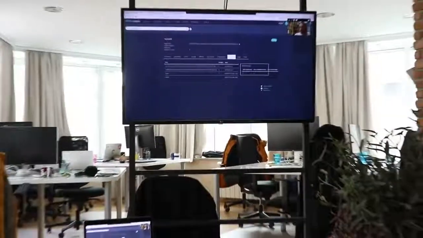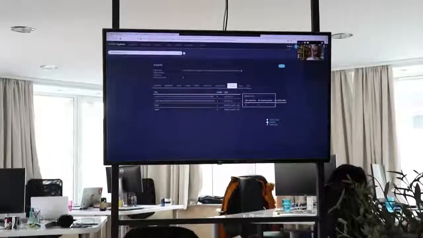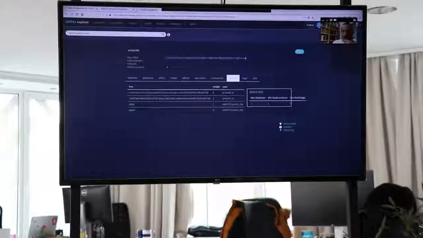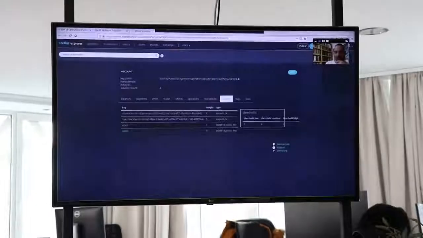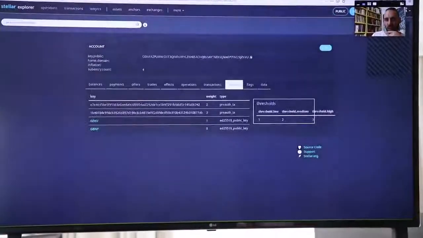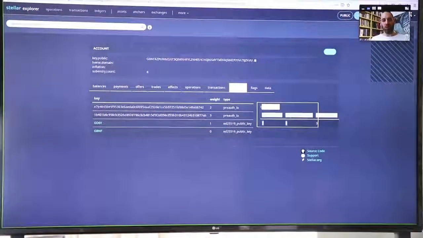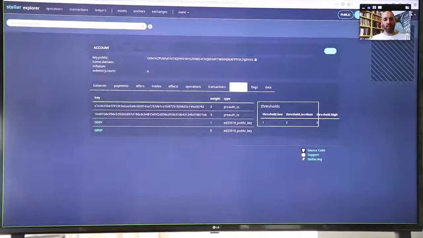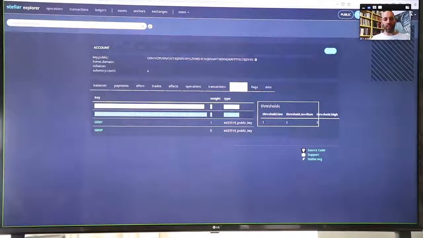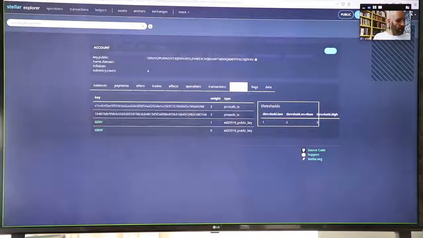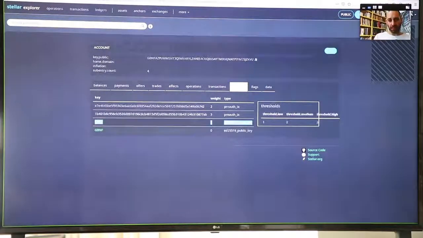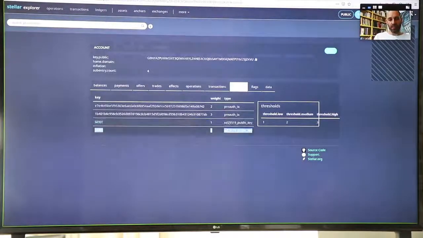Yeah, and here are the thresholds. Remember, you saw them: 1, 2, and 3. These are the 2 pre-authorized transactions. We don't see your mouse, so if you can highlight, maybe we can see. Oh, okay. So thresholds. Yeah. And these are the pre-authorized transactions. You see, one of them has a weight of 2, one of them has a weight of 3, and this is the public key of the recipient, which has a weight of 1,